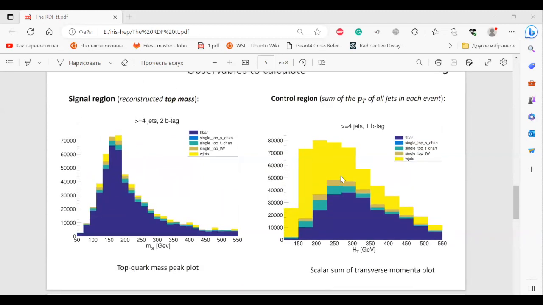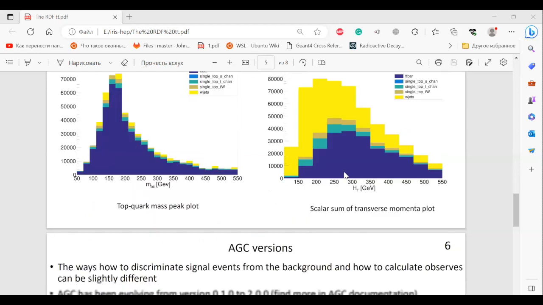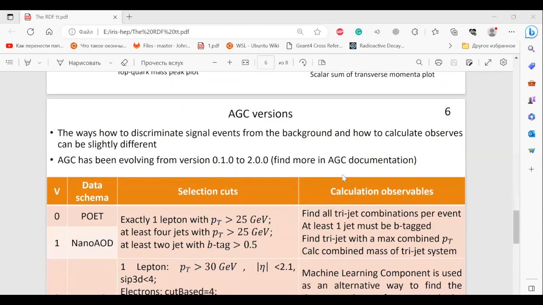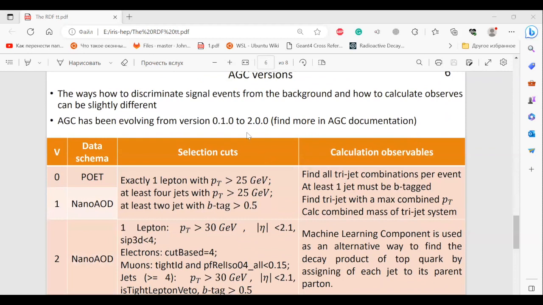The primary implementation is made by Alex, and my task is to catch up with Alex's implementation, to do actually the same things and compare with his implementation. The ways to discriminate signal events from the background and to calculate observables can be slightly different. The Analysis Grand Challenge